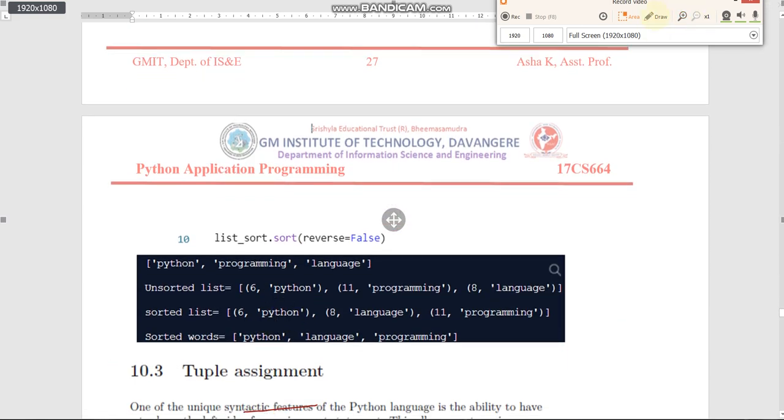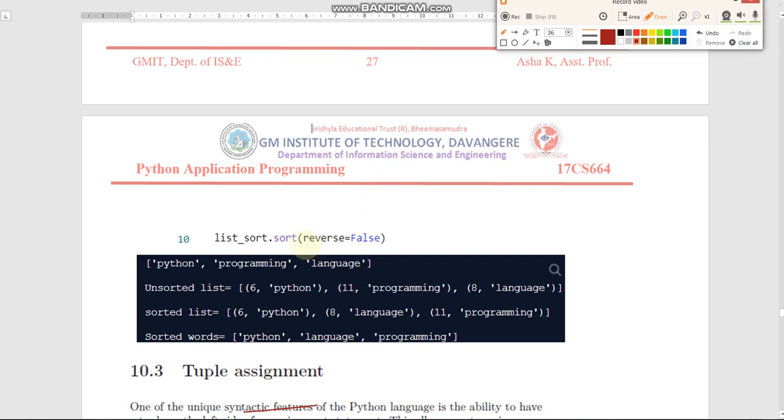Okay, so now consider, see here in the same program. We have taken previously in the sort function, for the sort function we have passed the argument reverse is equal to false. So if reverse is equal to false, all the elements will be sorted in ascending order: the word with smaller length, then the word with a little bit greater length, that is 8, then the word with length 11.